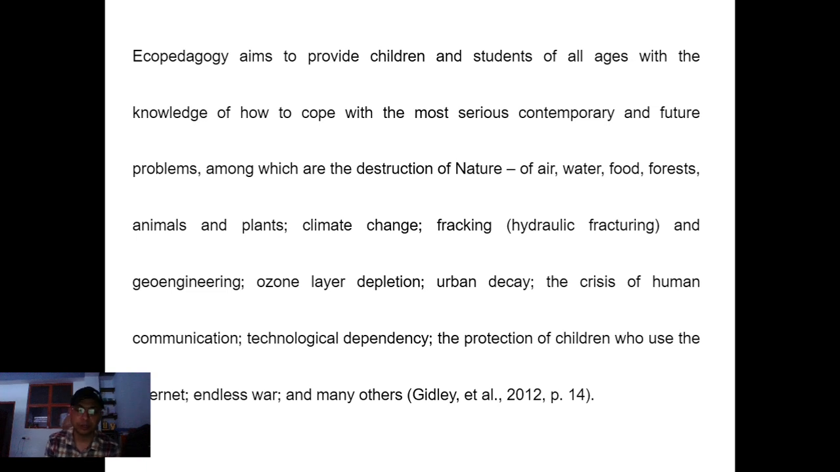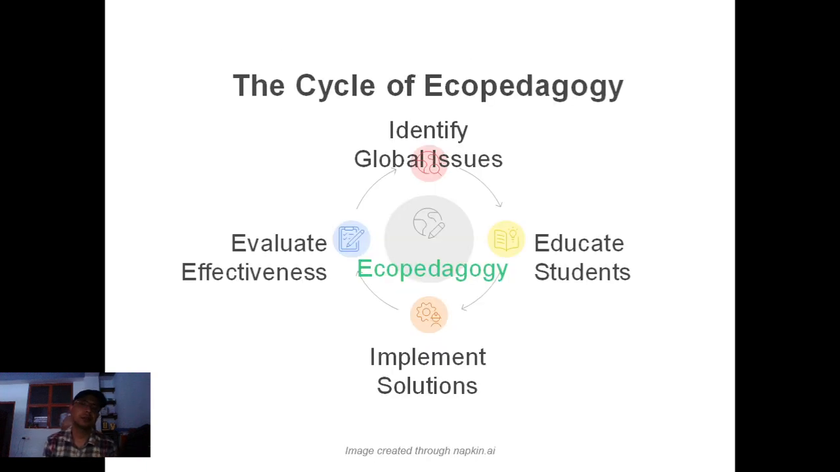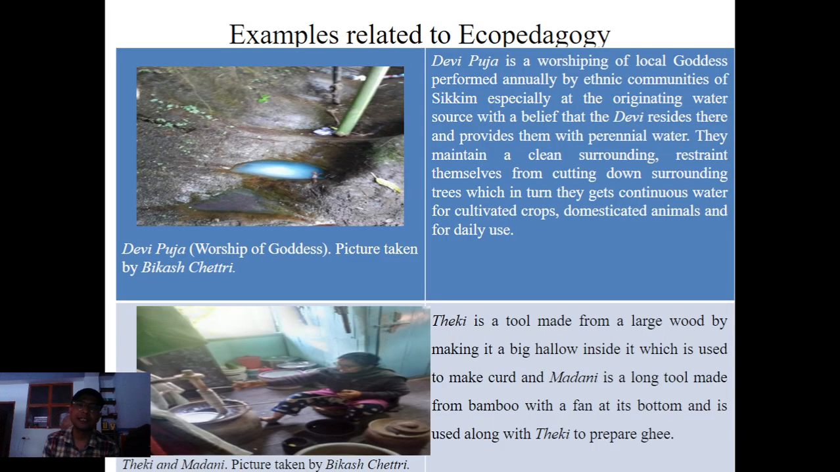Hence, the cycle of ecopedagogy at first identifies the global issues, and accordingly it educates the students, and that will be implemented in order to find suitable solutions, and after implementing, it will evaluate its effectiveness. So accordingly this is how ecopedagogy proceeds, and there are some examples related to ecopedagogy, like you can see over here